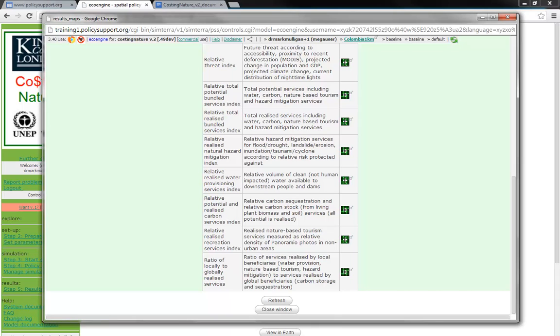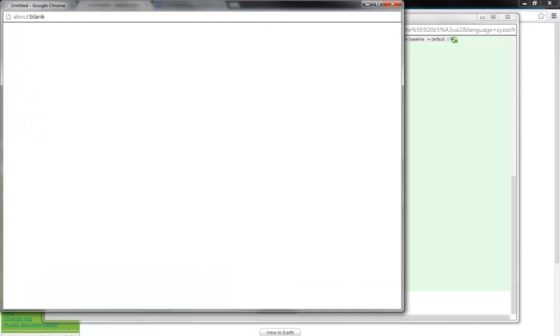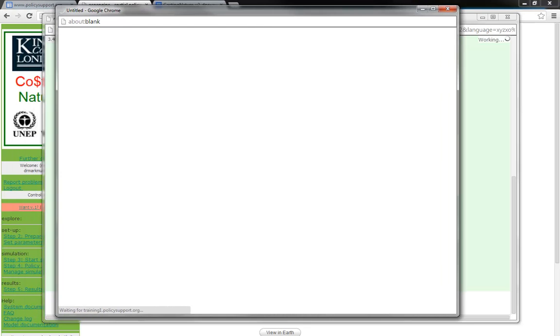So let's have a look at some of these maps. For instance, let's have a look at the potential and realized carbon services index. This is the relative carbon sequestration and relative carbon stock. The way to look at a map in both Waterworld and Costing Nature is by clicking on the display and GeoBrowse map. And that opens up